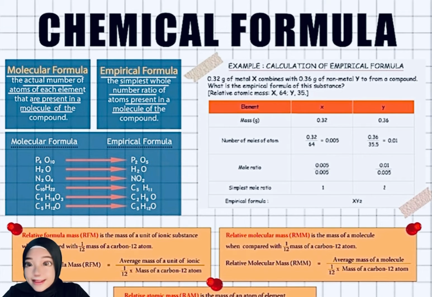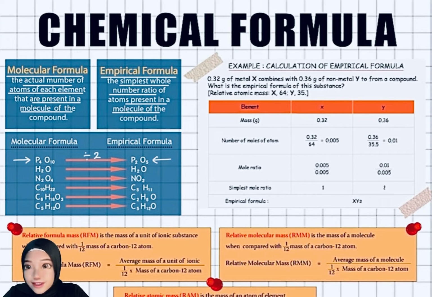Let's take a look at the example here. Phosphorus pentoxide has the molecular formula of P4O10 and empirical formula of P2O5. The molecular formula that represents the molecule has been divided by two to make the simplest whole number ratio, which is the empirical formula. Now, we are going to look at the example of how to calculate the empirical formula